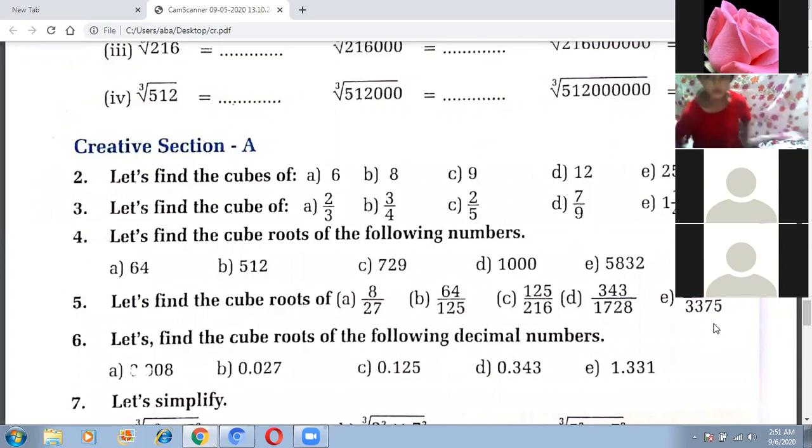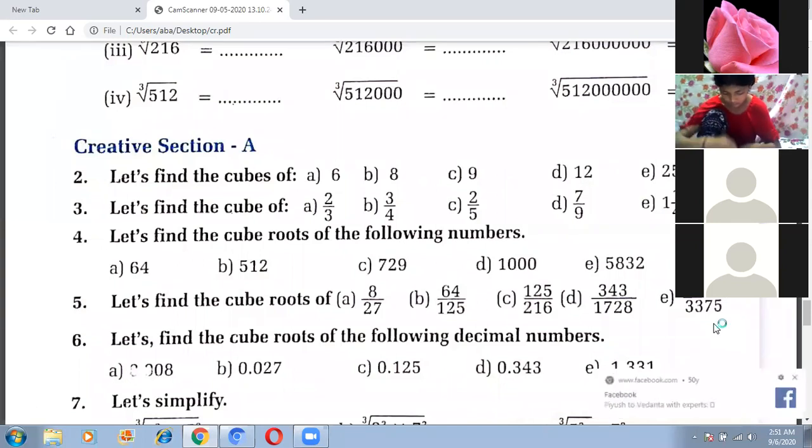Okay? Now, let's start question number 6. Find the cube root of the following decimal numbers. While finding the cube root of a decimal number, first of all, you have to convert the decimal number into a fraction. Yes, question number 6A. Look here, question number 6A is 0.008. First, you convert 0.008 into